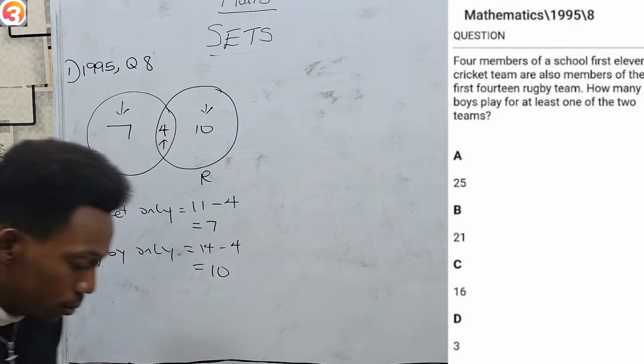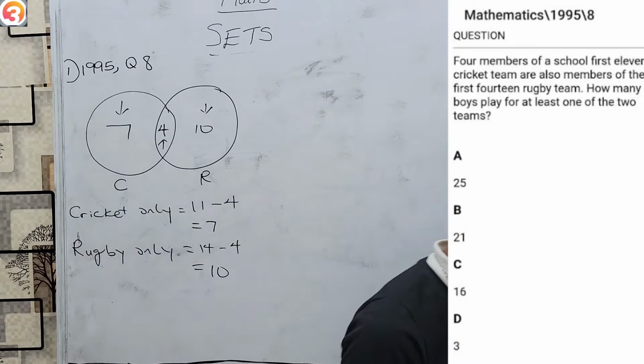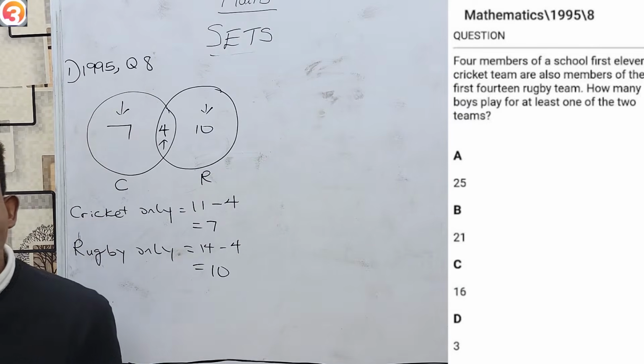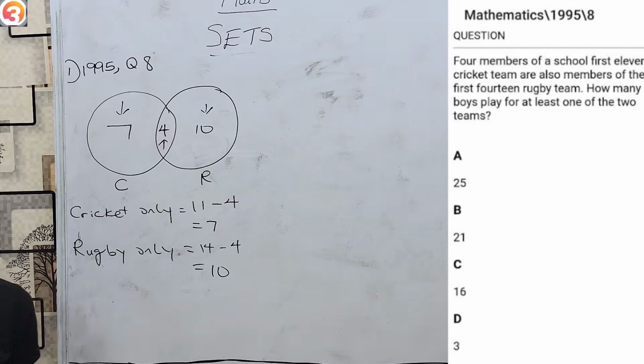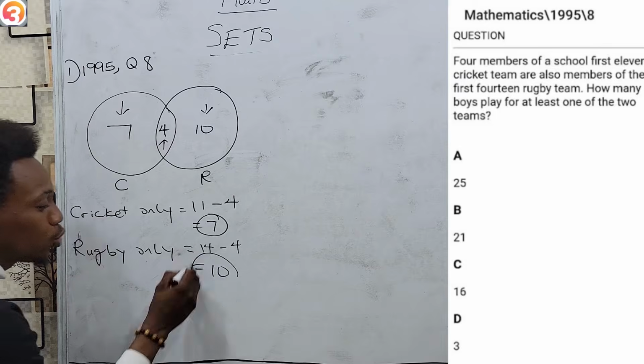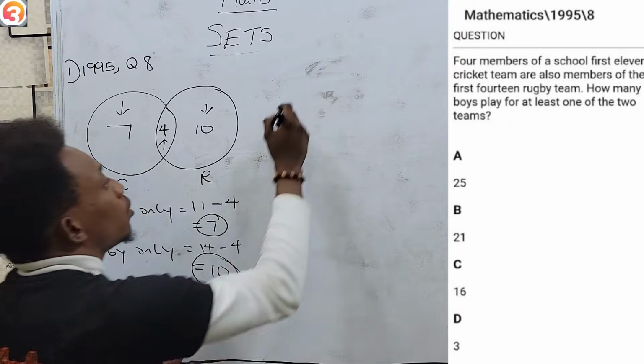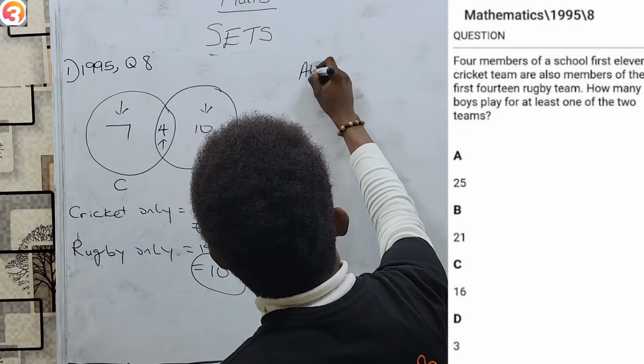So the question says, how many members play for at least one? At least one means a minimum of 1, but there's no upper limit. So 7 play for just cricket, that's at least 1. 10 play for just rugby, also at least 1. While 4 play for both, also at least 1. Therefore,